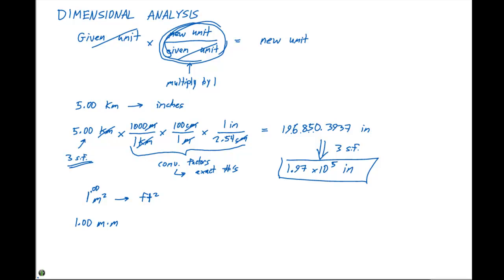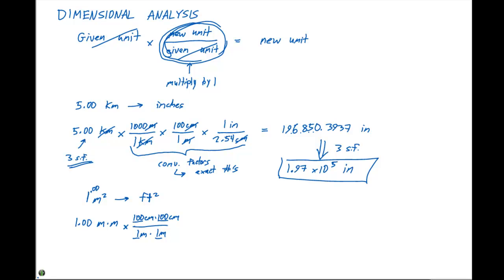When we do this, we're going to have to go from meters squared to centimeters squared to inches squared, and then inches squared to feet squared. So our given unit is 1.00 meters squared. We know that 1 meter times 1 meter is going to be equal to 100 centimeters times 100 centimeters. Note that this unit, meters squared, has 2 of these ones right here. So when we convert over to the new unit, we have to have 2 of those centimeters to cancel those out. I think it's easier at first, until you start to get used to this,